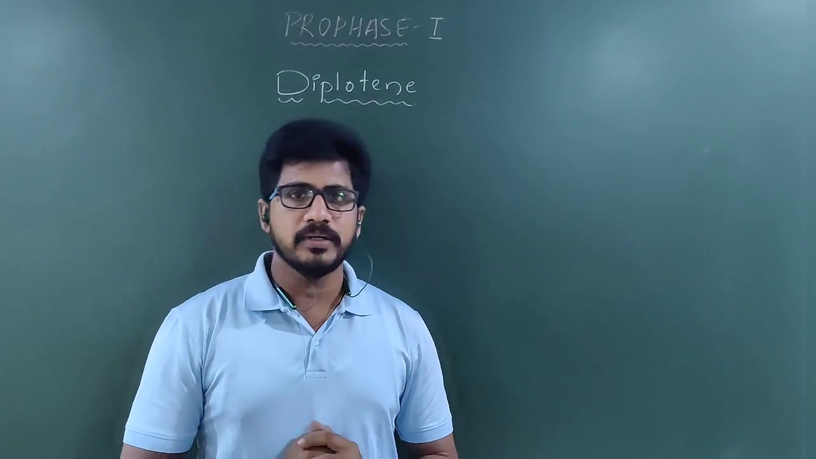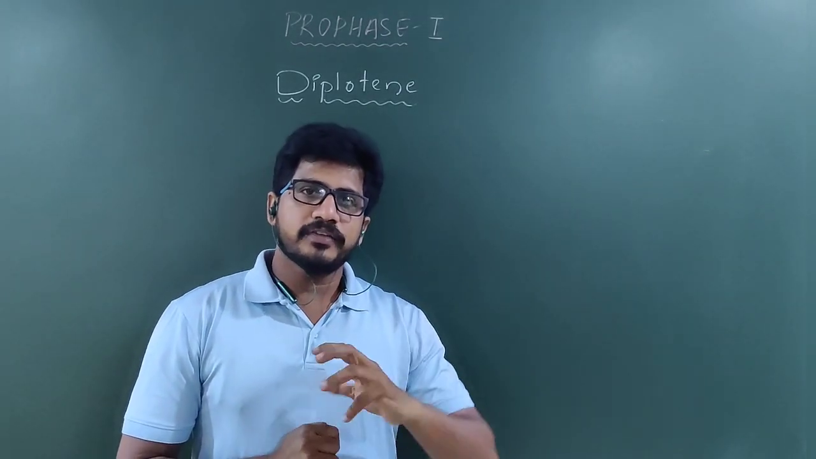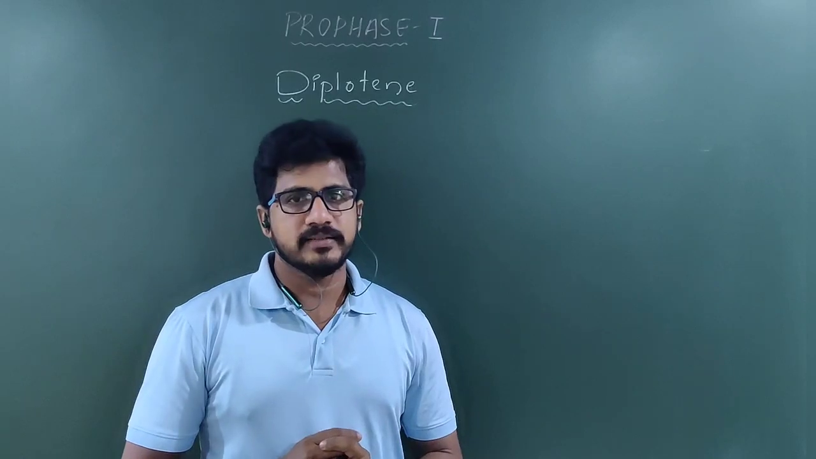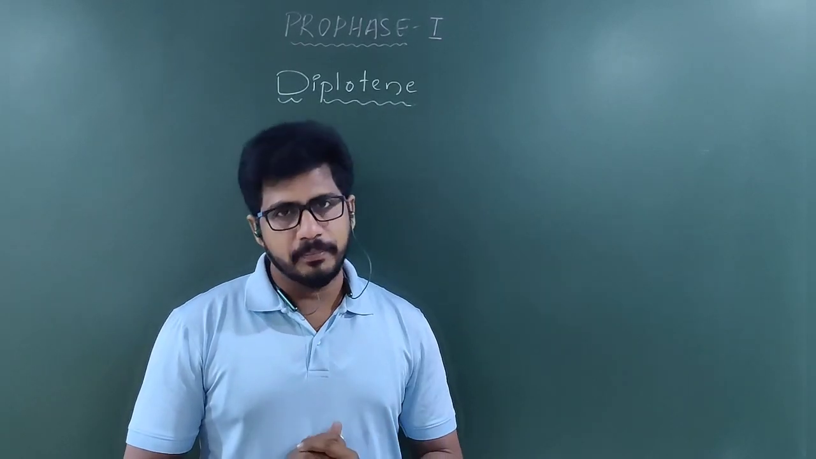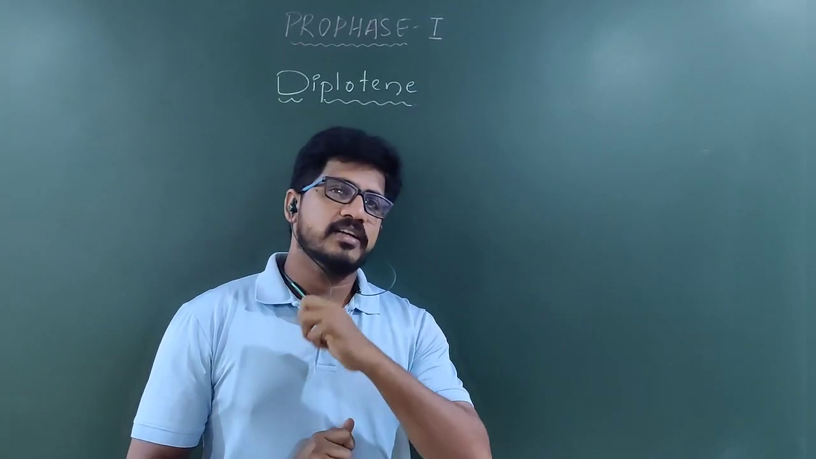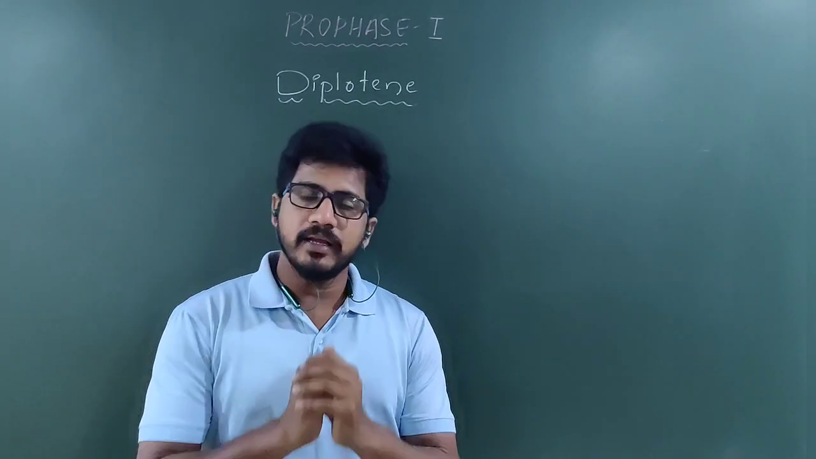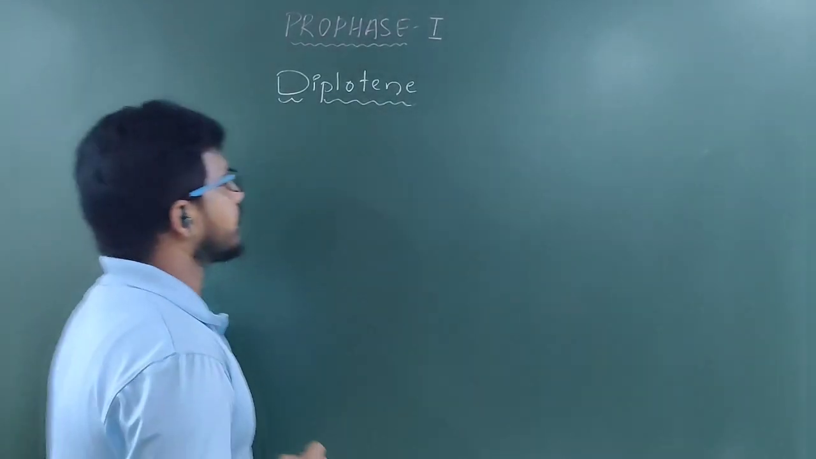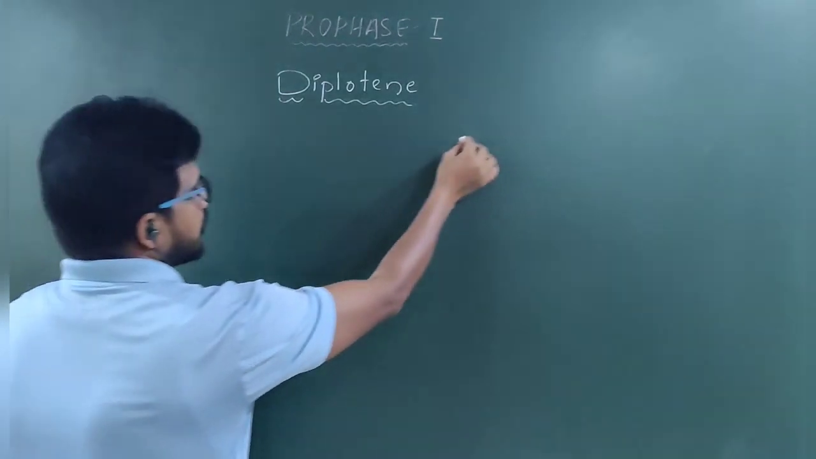Recombinant nodules were formed. After that, crossing over took place and chiasmata appeared. But chiasmata appear very clearly in the pachytene. Now, in the diplotene, if you observe,